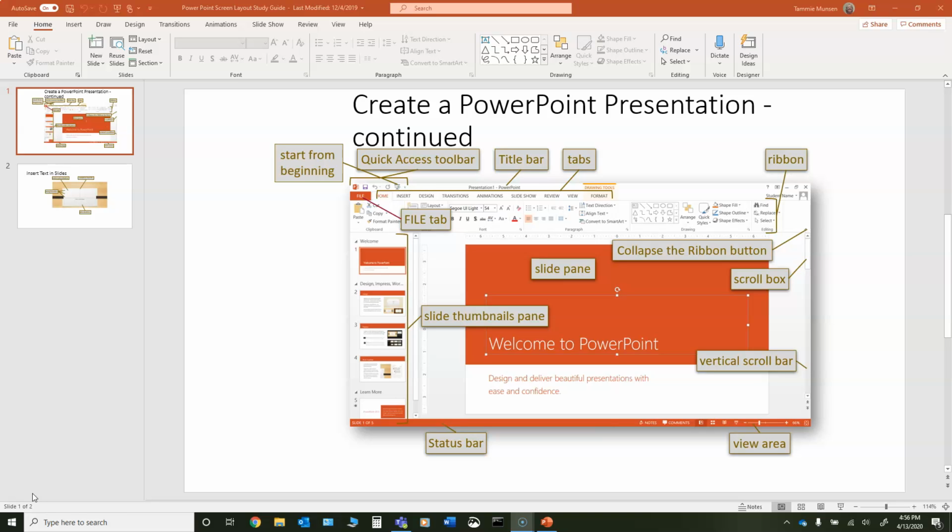So I will be providing you with the handout for this PowerPoint presentation. It's kind of unique that it's actually the screen layout in a PowerPoint so that you will be able to prepare for the quiz that you will have to take later on. So just to take a look at the things that we have, you have your ribbon up here,